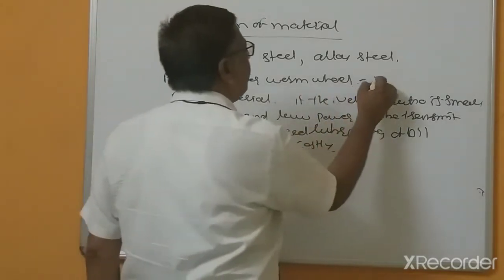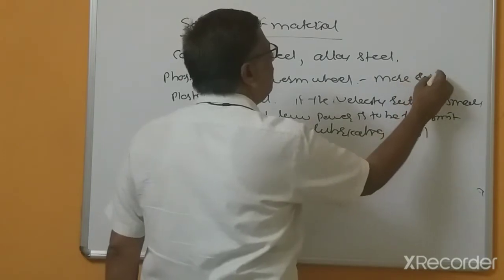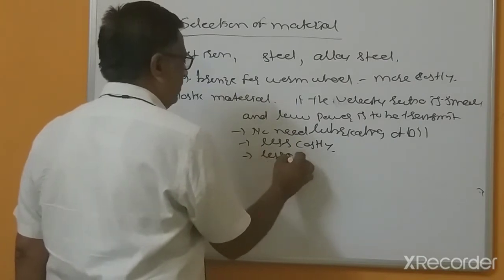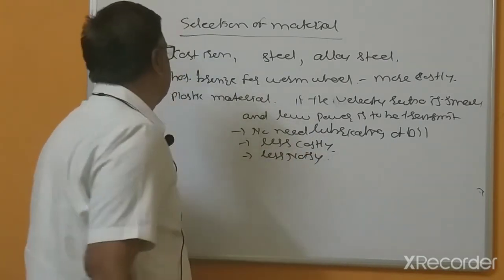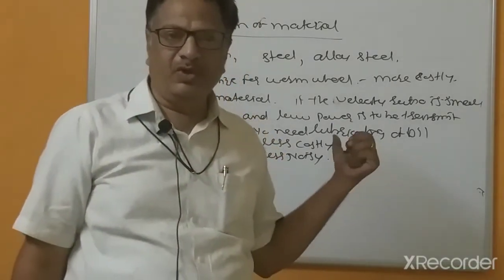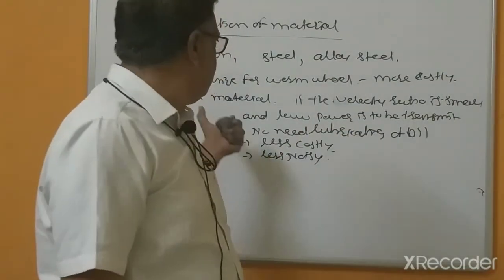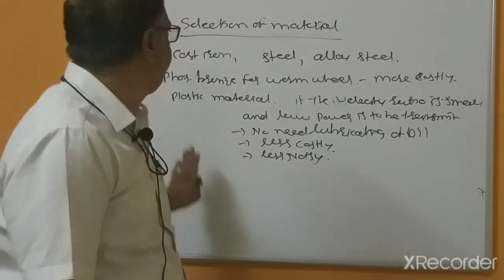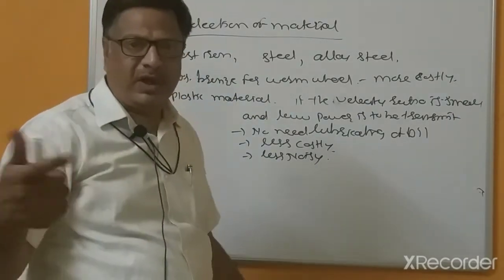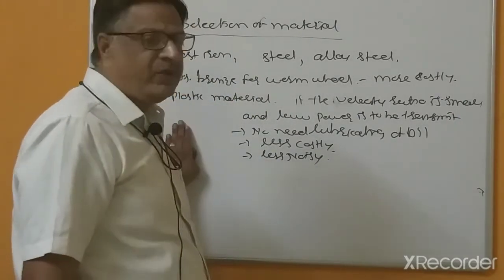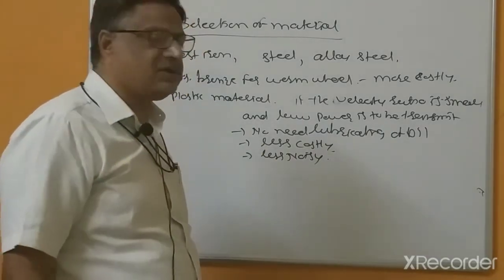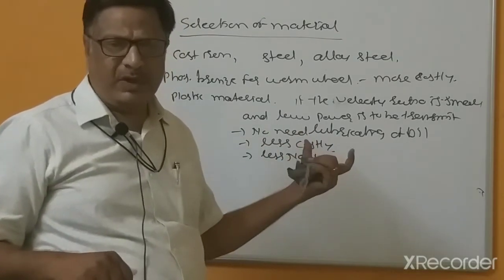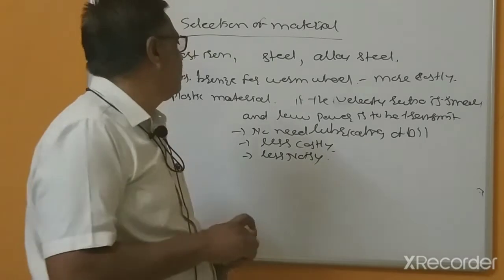Phosphorus bronze is more costly, because its cost is higher. Plastic is less costly, and less noisy also. So no lubricating oil is required. Generally you can use this type of material for single helical gears or spur gears. So nylon, metallon materials that you can use for the manufacturing of the spur gears or helical gears. Such plastic materials we generally don't use for the manufacturing of the bevel gears or worm reduction gearbox.